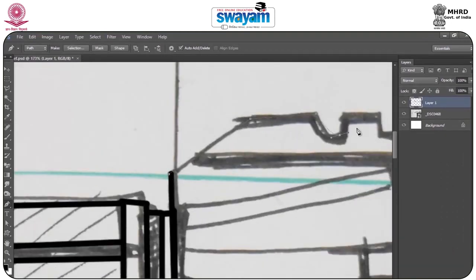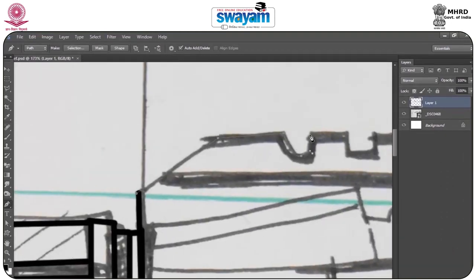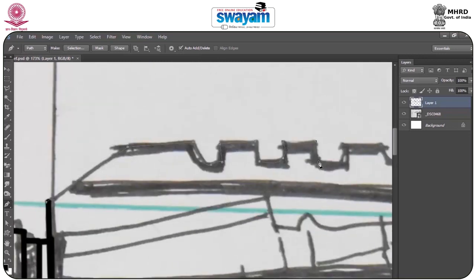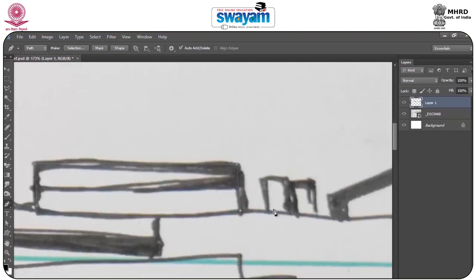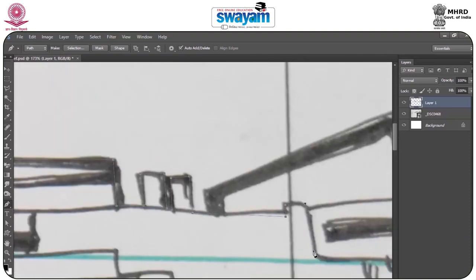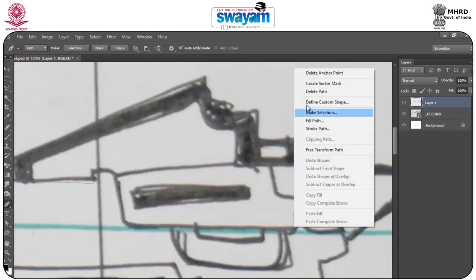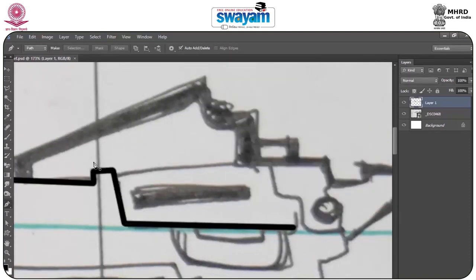Again, like this I may make the whole gun part.